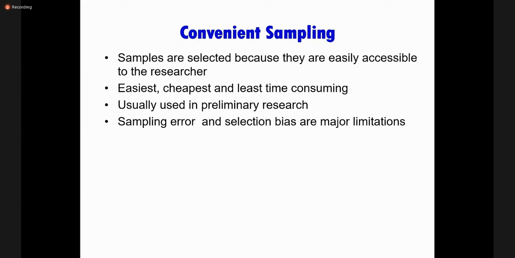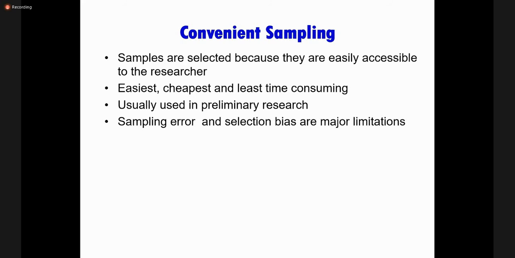It is all based on easy access to the sample. Whoever is easily accessible will be part of the sample. The people who are not available for any reason or who do not come in contact will always be deprived of the chance to become part of your research. That's why it is non-probability sampling, and it is usually used in preliminary research, and many times undergraduate students also prefer this, or when the researcher has a lack of time or resources, they can compromise and use this technique.